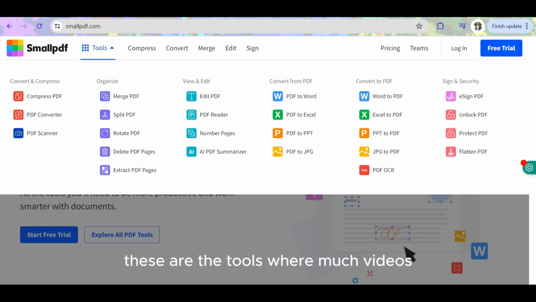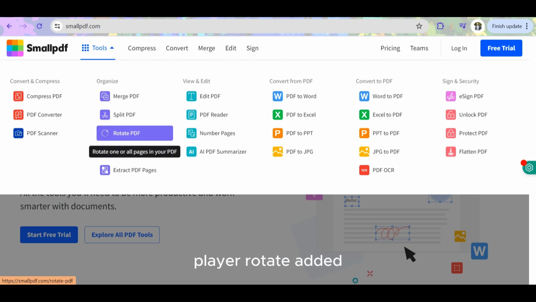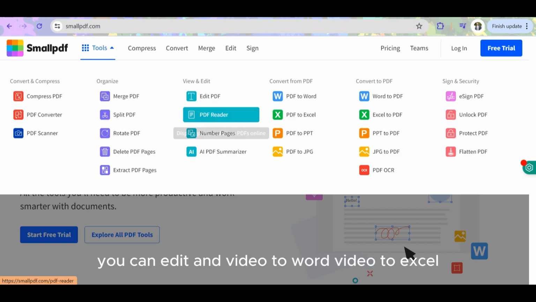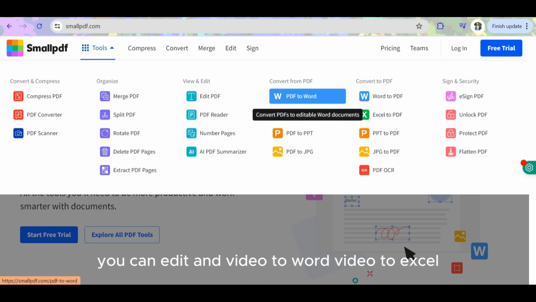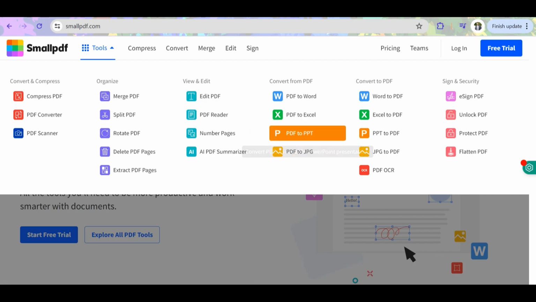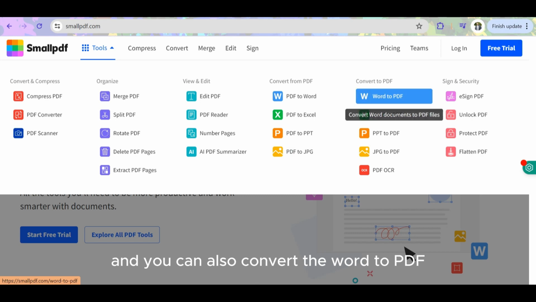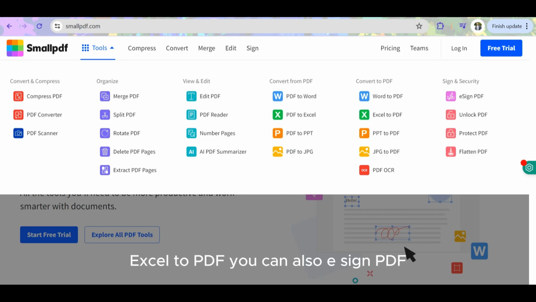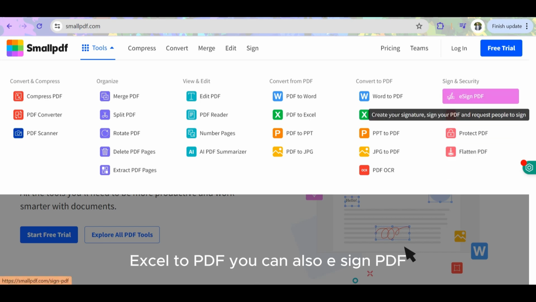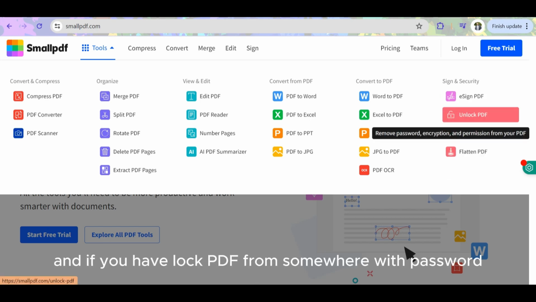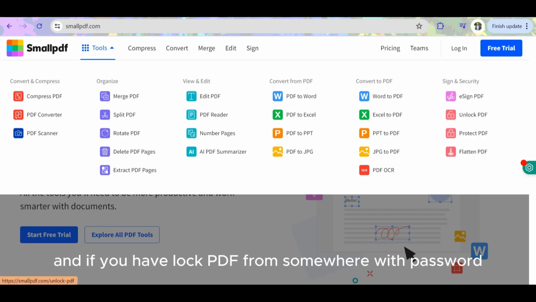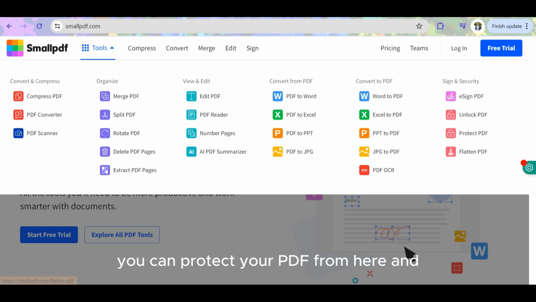These are the tools: merge PDF, split, rotate, edit. You can edit, and PDF to Word, PDF to Excel, PowerPoint, JPG, and you can also convert Word to PDF, Excel to PDF. You can also e-sign PDF, and if you have a PDF locked with a password, you can unlock it here. You can protect your PDF from here, and